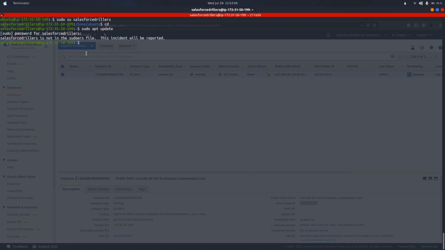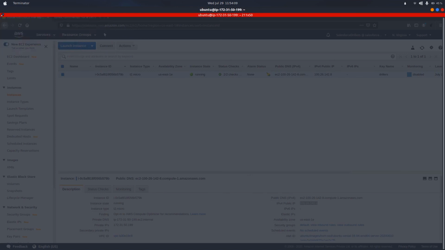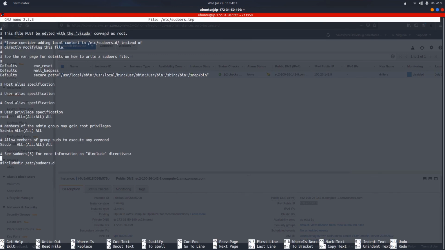Now if you want, you can make changes to your sudoers file by using sudo visudo. Here, as you can see, you can mention the username, so that it will not ask for the password.